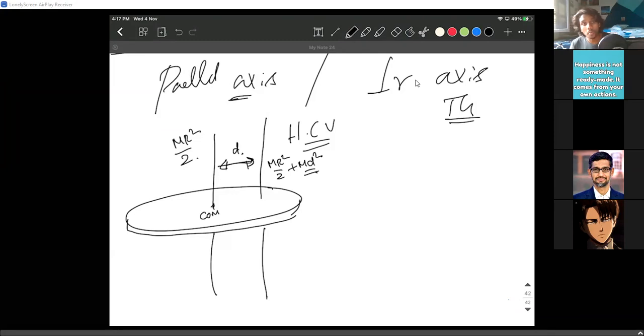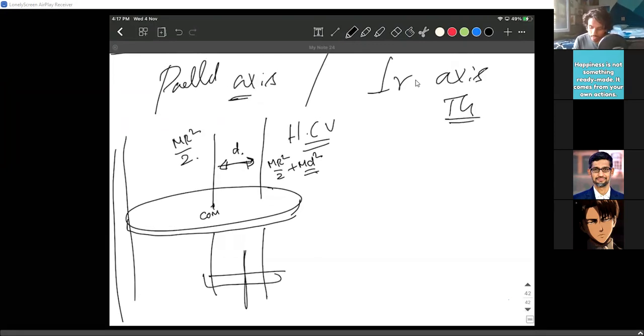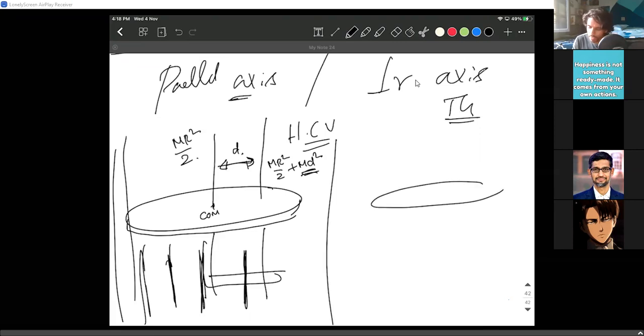Using this idea, obviously you can talk about any axis. You can talk about the edge. You can talk about an axis which is outside. For a rod, you take it about the center, which you already know, and you try to shift it by this point, here, here. You use this theorem anywhere, the parallel axis theorem. It's a very simple idea. All you have to do is simply add M d square. The proof we will discuss tomorrow. You check it today in the textbook, and tomorrow I will discuss it. And the perpendicular axis theorem is also simple. I will take the example of a disk only.